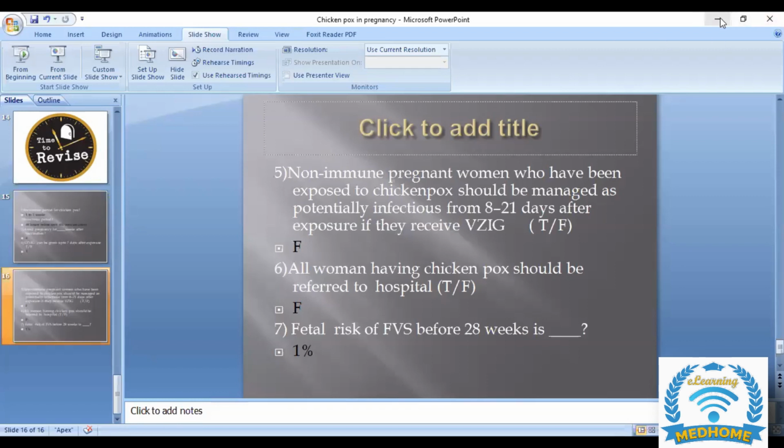Yes. What is the risk of neonatal varicella syndrome? We have discussed it. You tell me, 2% or 50%? In GTG, it's written 50%. From 1 to 4 weeks, it's written 50%. Okay. From where have you read 2%? I think in Oxford. Okay. Kindly try to maybe follow only after 4 weeks. Yeah, it could be.